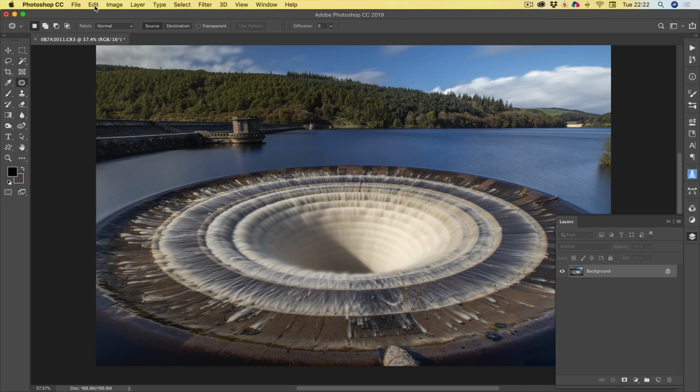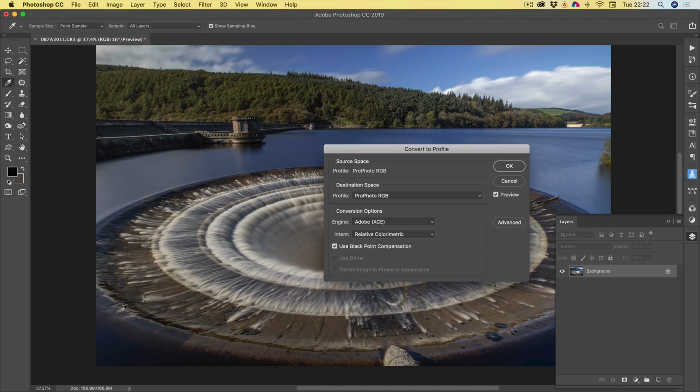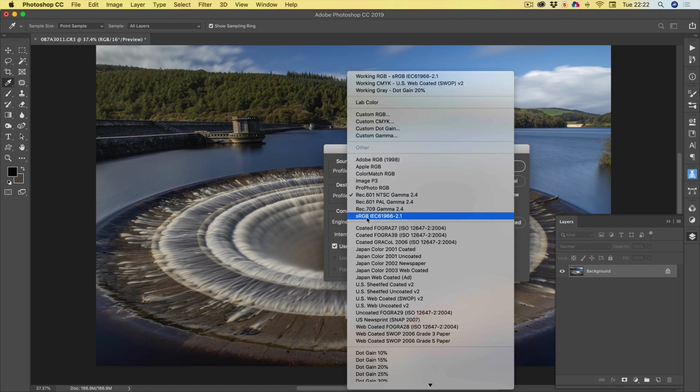we need to make sure, if we go to edit, and we go convert to profile, and we need to check the profile, and it's ProPhoto RGB in this case. Now that could be anything on your camera, it could be something completely different, but what we want this to be is the destination space where it says profile there. We want that to be sRGB, so that's just above halfway. sRGB 2.1,